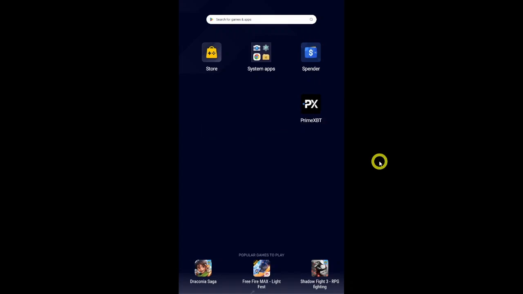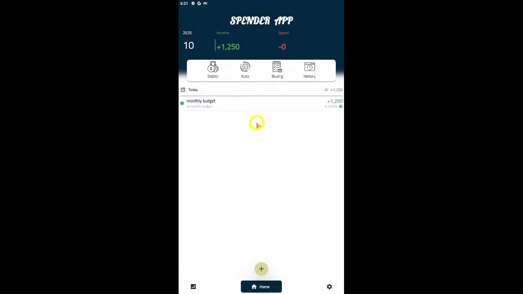To remove title in Spender app, first of all, open Spender app on your mobile device. Once you open the app, just simply log in into your account with your registered email and password. Now, tap the plus button or just simply head over to the title that you want to remove from the